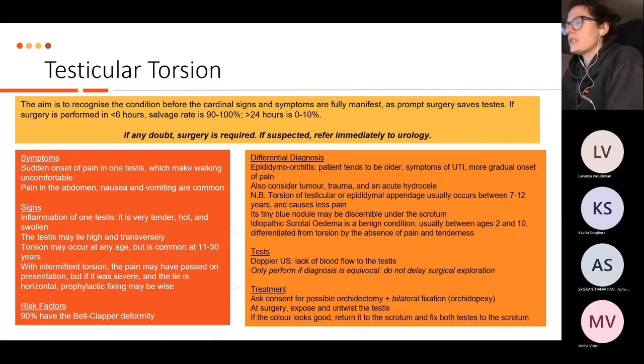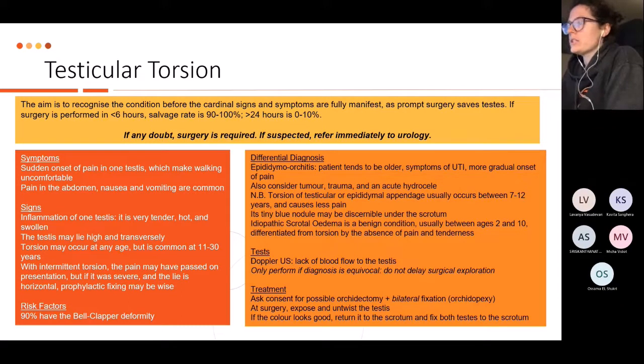So if there's any reasonable doubt, say, oh yeah, I had felt a lump before and now it's become painful, or they've got infection, their inflammatory markers are off, anything, and you can get an ultrasound in good time, you might consider it, but generally you would go straight to surgical exploration in this case, compared with some other things where you probably do other investigations first.